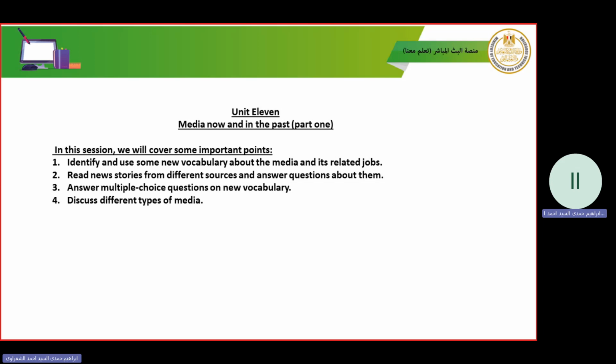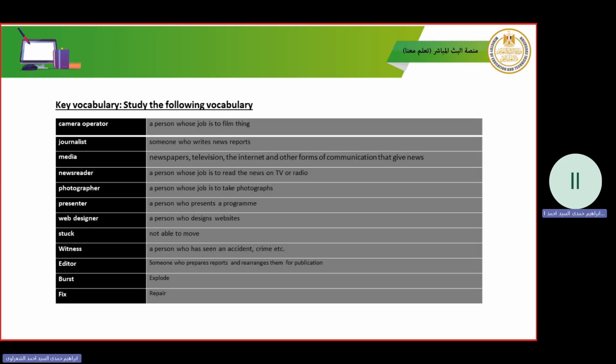أول حاجة we will identify and use some new vocabulary about the media related jobs أو jobs people do in the field of media. كمان we will read أو we are going to read news stories من different sources answer questions about them. We will answer multiple choice questions on the new vocabulary that we have learned so far. وآخر حاجة we will finish with a discussion of different types of media. طيب, let's have a look at